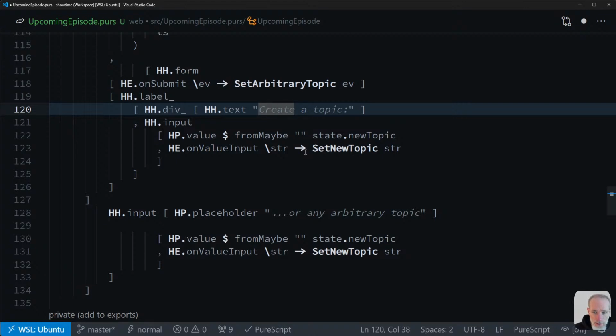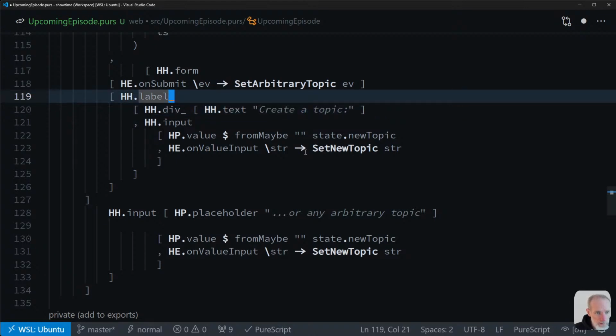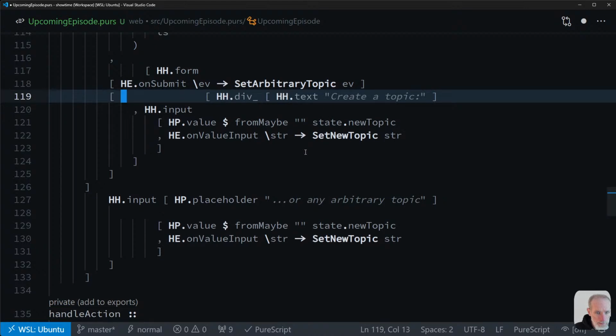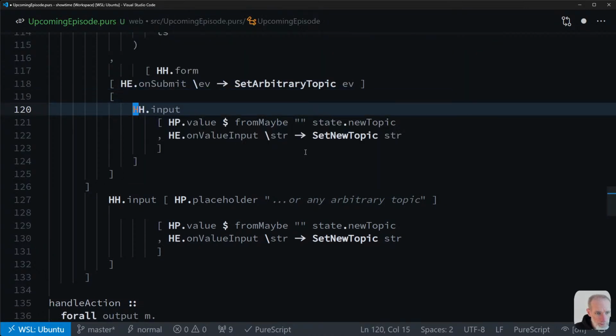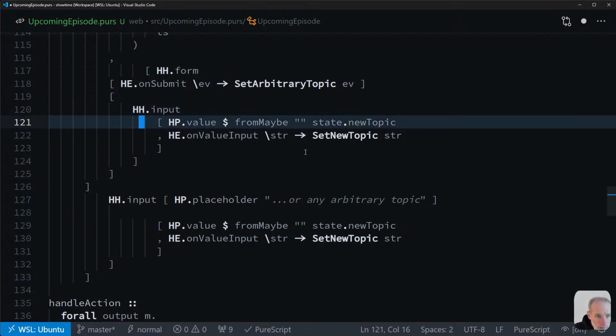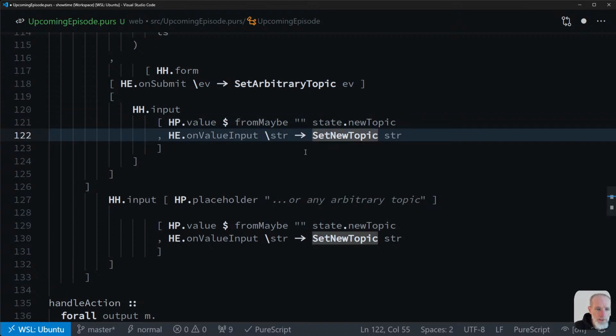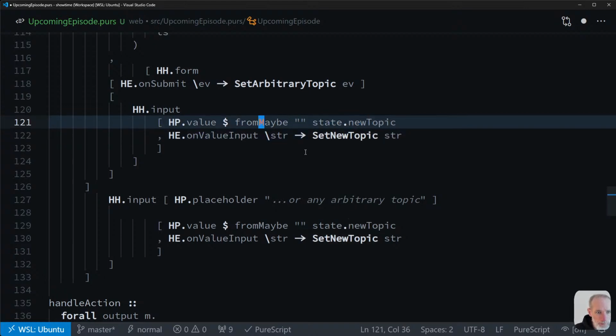We'll create a label. I'm not going to create a label, I don't think. What I do want is the input tag, and here it's not going to be new topic. Well, we can call it new topic actually, that's a reasonable name for it, but we do want the placeholder